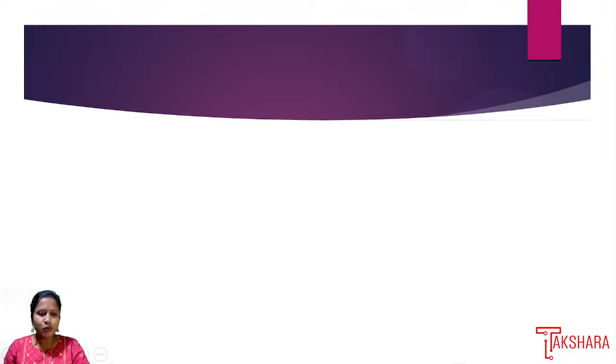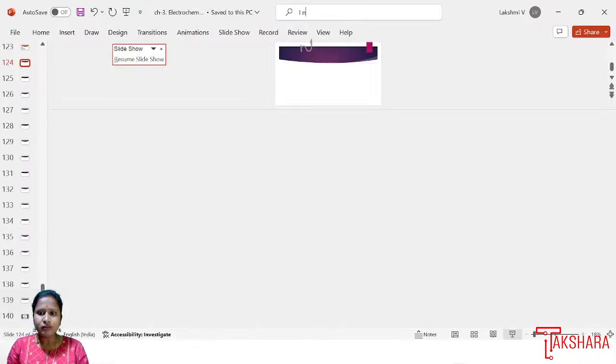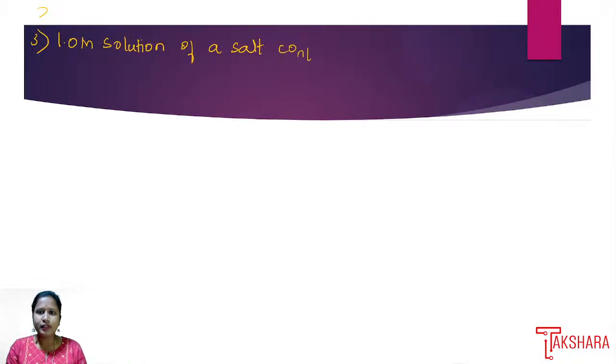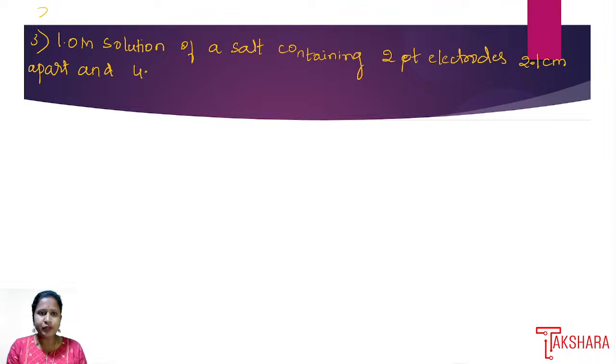Okay, so then next we'll move on to the next question. So that is the third question. 1.0 molarity solution of a salt containing two platinum electrodes, which are placed 2.1 centimeter apart and 4.2 centimeter square in area,